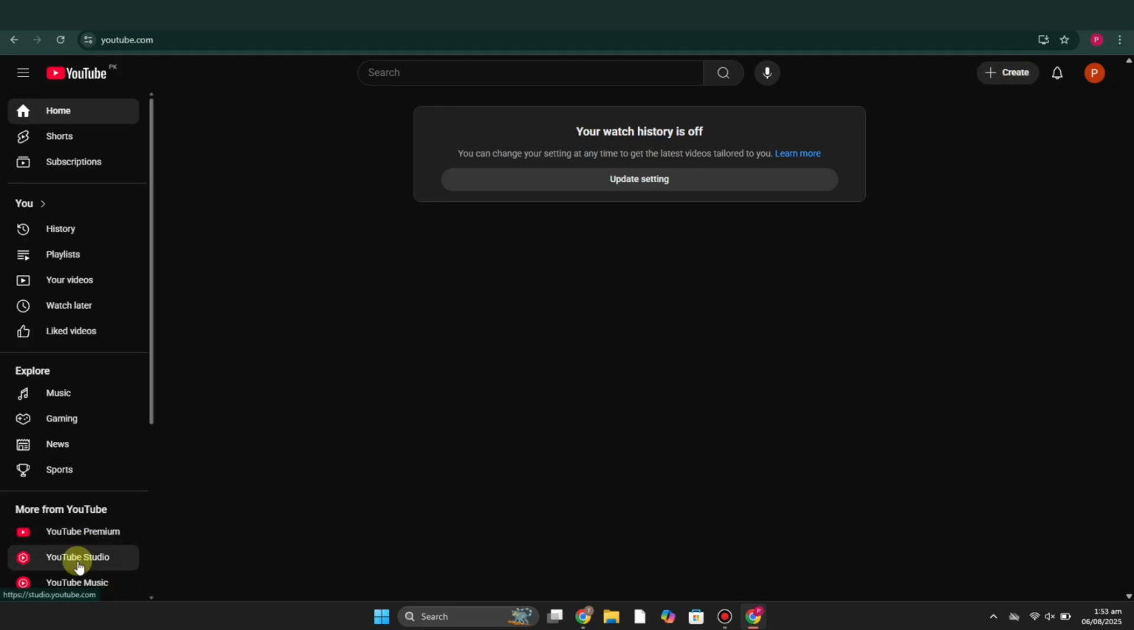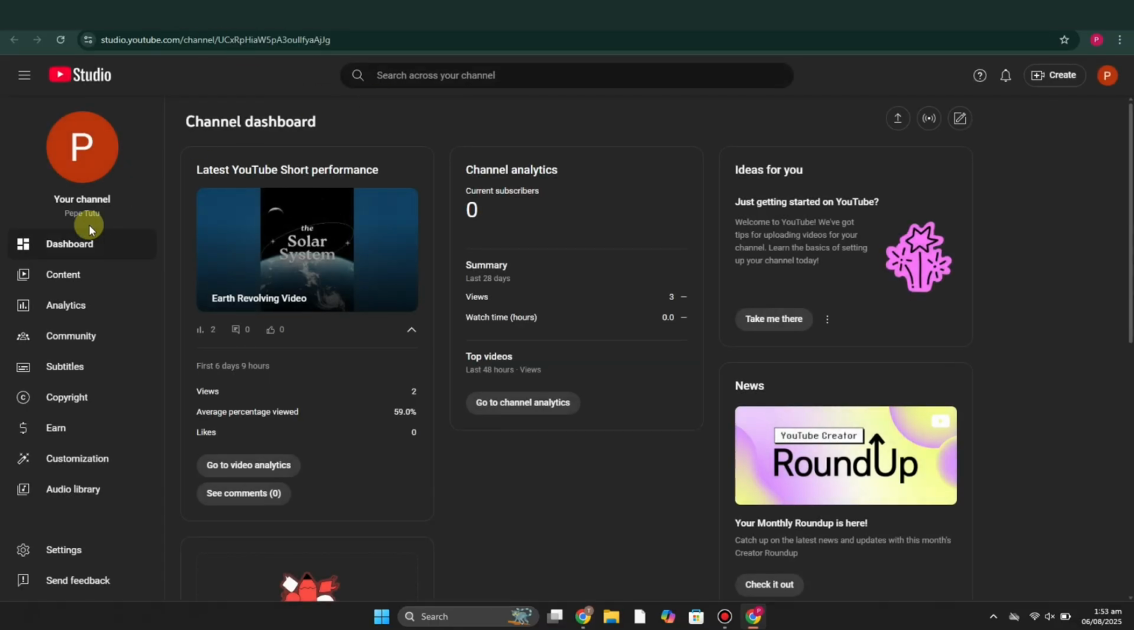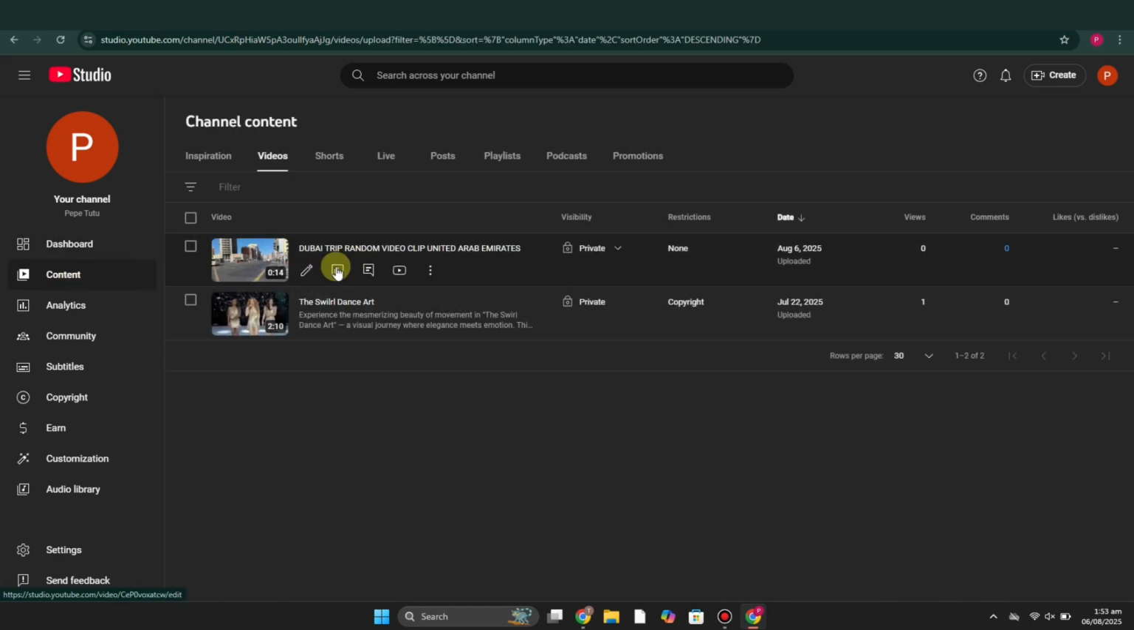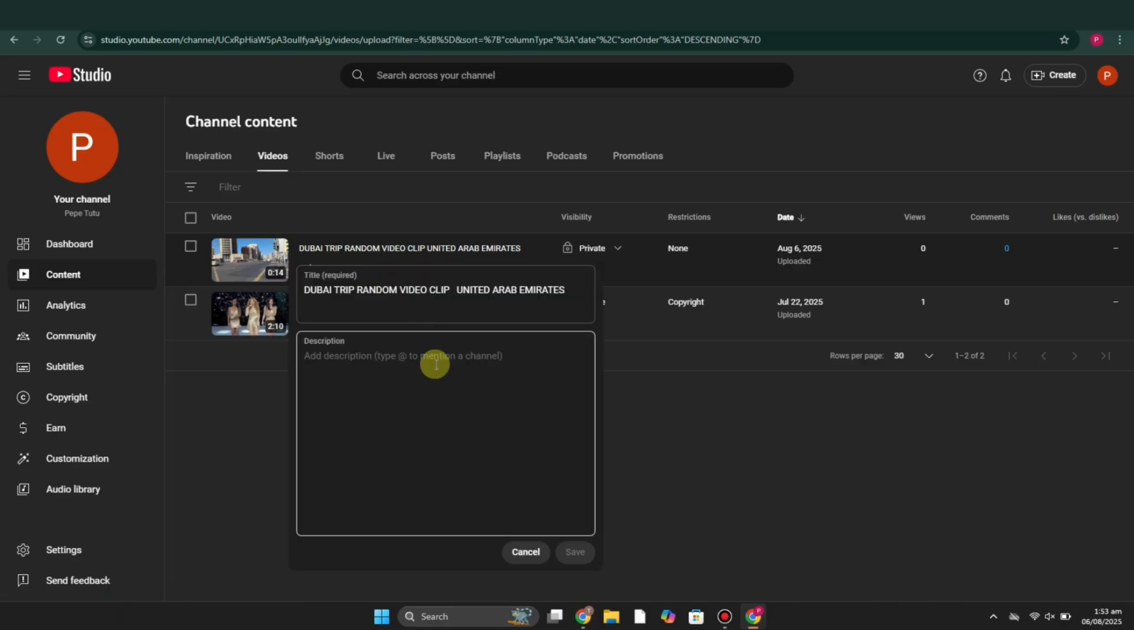But if you have already uploaded a video, then you go to YouTube Studio and find the video of which you would like to change the chapters. Then click on Content and find the video to which you want to add the chapters. Then click on the three dots and then click on Edit info, and in the description you have to